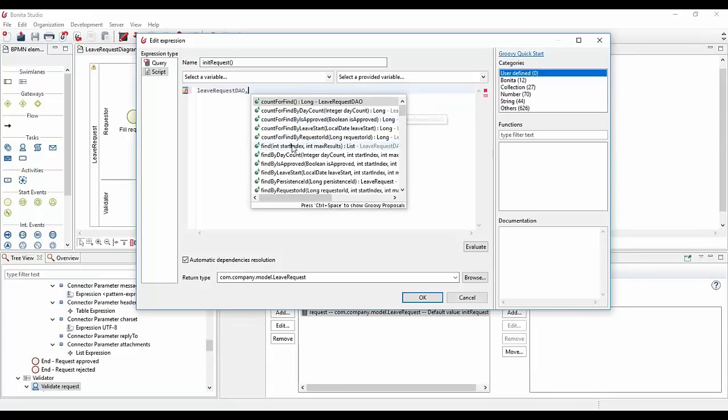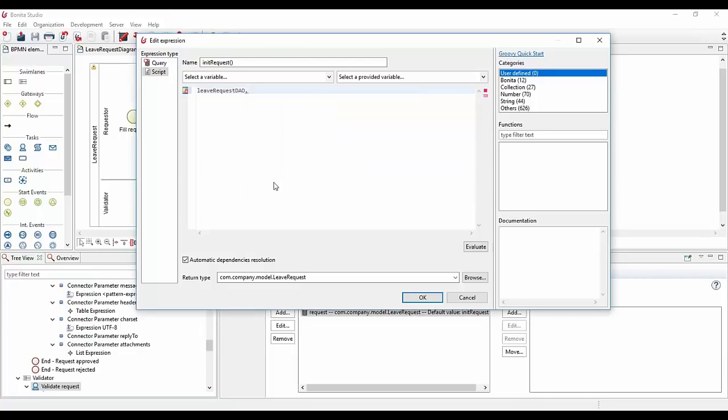Maybe you want to find a specific element that already exists by default. So maybe you will find by day count using the DAO. But maybe you want to use my new query one, and then you will be able to get multiple of them using some information. And you can see that we have the start index and the max results, for this kind of pagination stuff again. And at the end of the day, what we'll be doing is to have a list of elements that will be leave request elements, obviously, as we defined from the query.